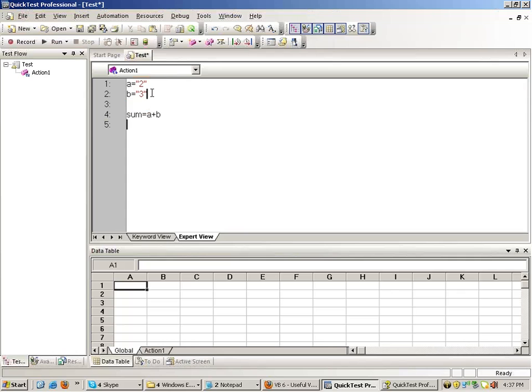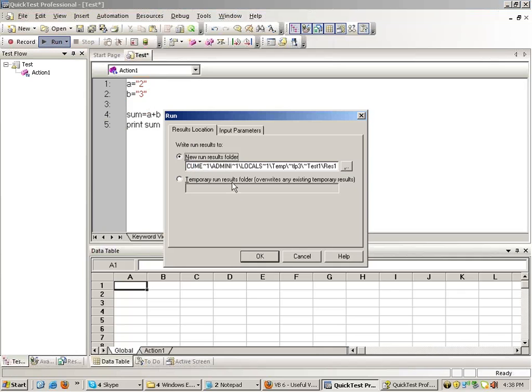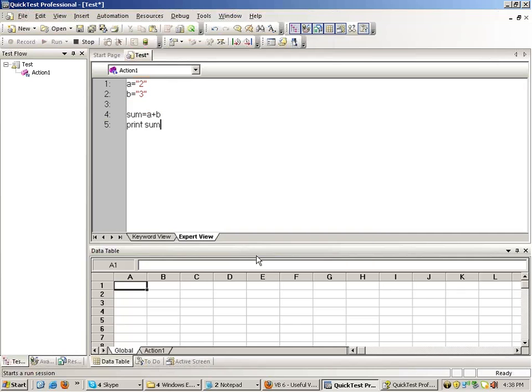Instead of message box, you can also use one command known as print. If you write print sum and you run this, make sure that you select this option as always. Temporarily store the run results. This will temporarily store the run results and delete them later on. Your hard disk space will not be utilized unnecessarily. Okay, when you run this,